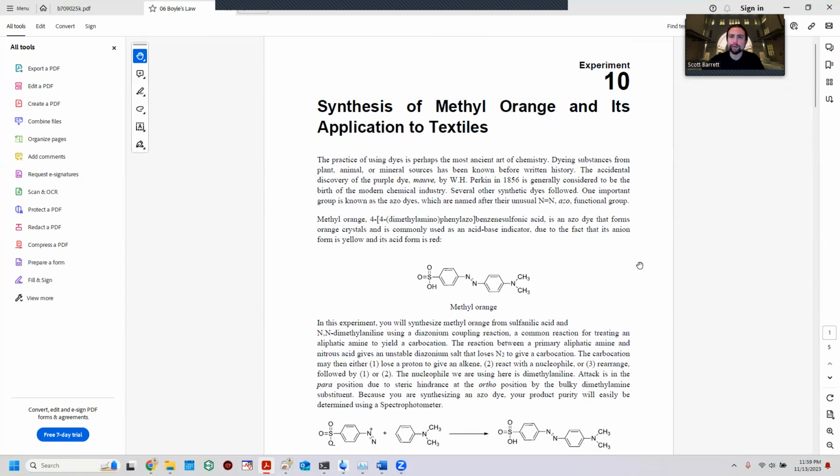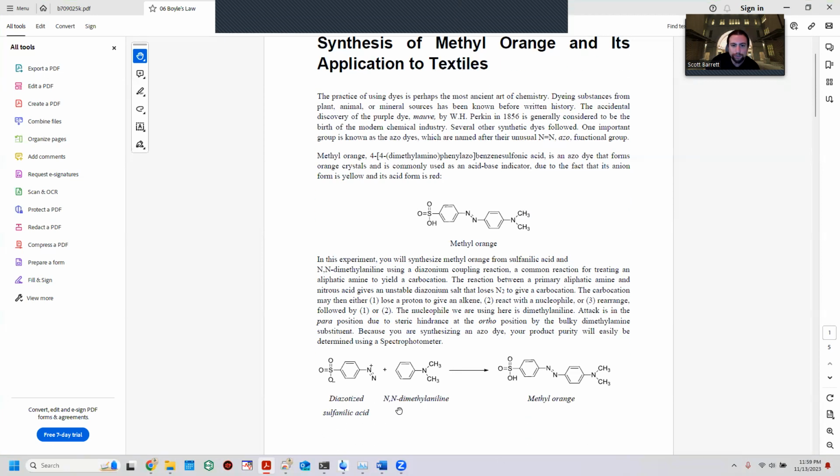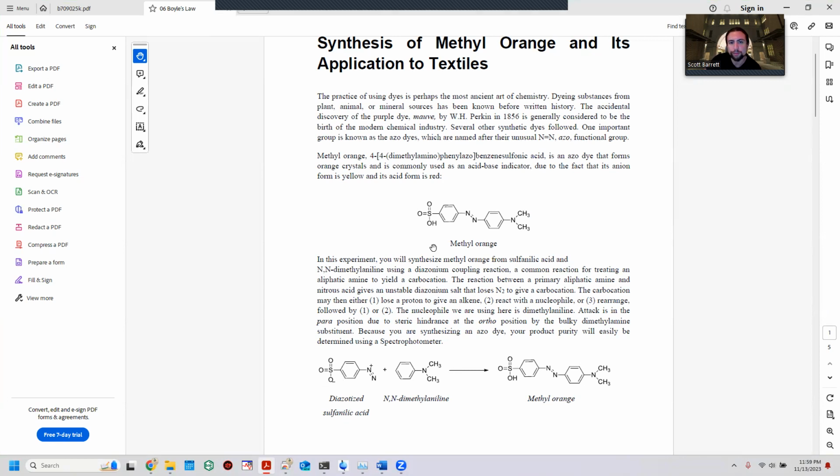Here is the last experiment that we have performed for the OChem 2 lab, and it is the synthesis of methyl orange, also known as azobenzene. And the huge takeaway from this is the creation of the azo bond from the diazonium reaction. And what is required for a diazonium reaction is an electrophilic substituent like this N,N-dimethyl and a sulfanilic acid. So it requires a starting material that has an amine group on it because we're going to be creating this diazotized